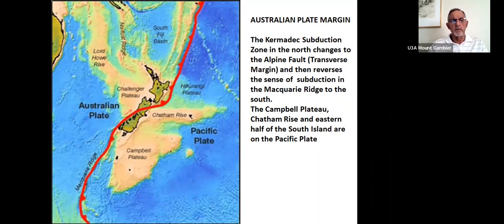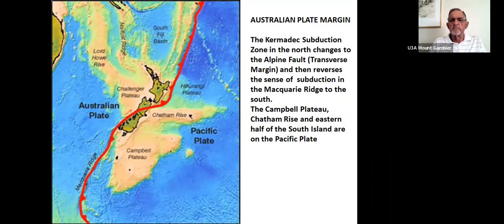Chatham Rise, Campbell Plateau are on the Pacific Plate, but plate boundaries have changed, and much of this material, though now rotated,